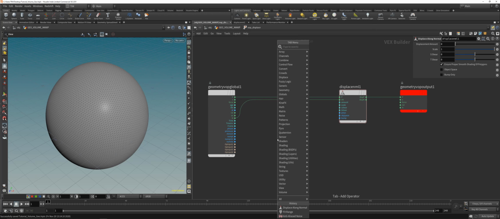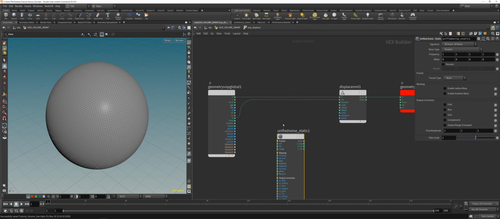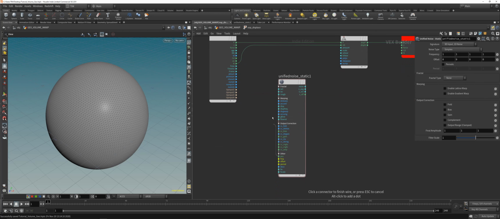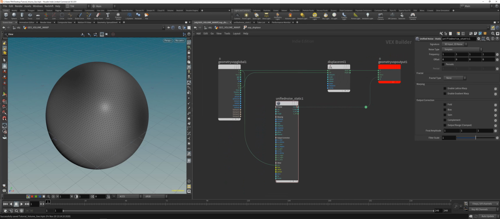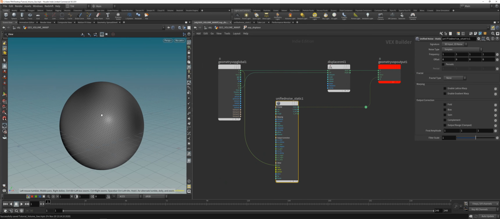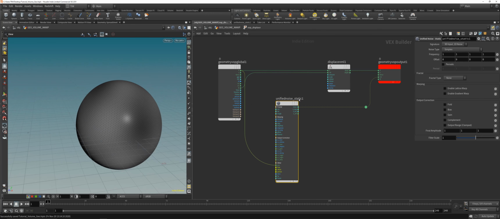I will use a noise for that now. Let's use unified noise, the unified static, and we'll pipe the position into the position, and the noise will just pipe into the Cd, into the color for now, to have a look here. So let's get a little bit higher with the frequency here, so